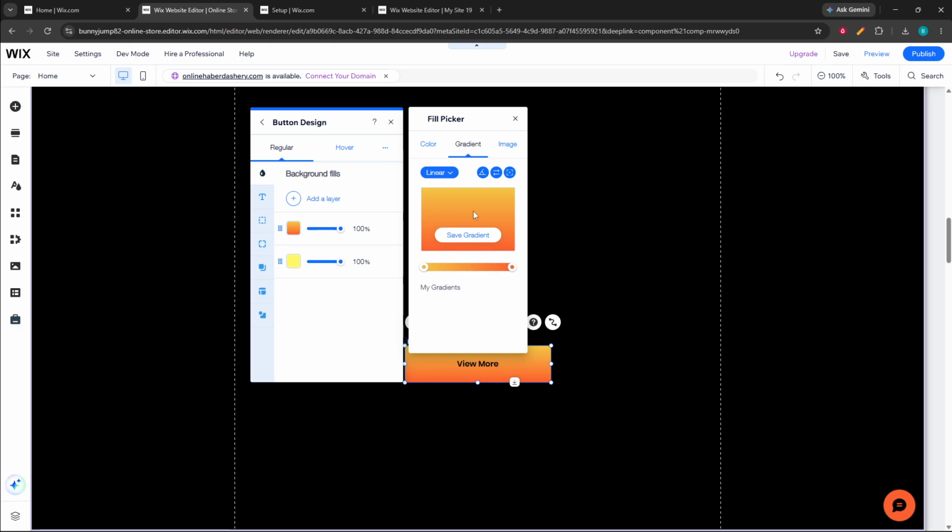Select the gradient type you want to use. For example, you can choose linear for a smooth transition between colors in one direction. After that, adjust the gradient colors to match your design. You can also change the direction of the gradient and move the color stops to control how the colors blend